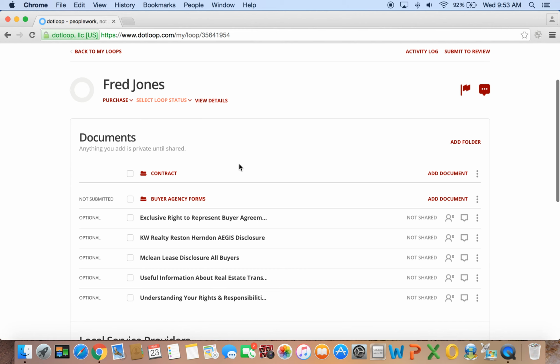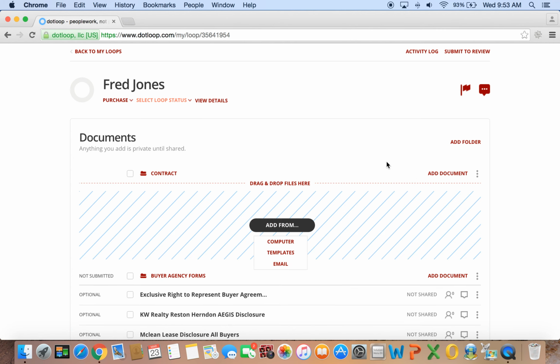Now, when we go to write a contract, as you know, we have two folders here. And the idea is that we keep our agency paperwork separate from our contract paperwork. And we can add folders as we need to as we go through working with this buyer. For every time you write a new contract, you can add a separate folder if you write on more than one property. But on the contract folder, if we go over here and we click on Add Document, and then we go back to Templates again,